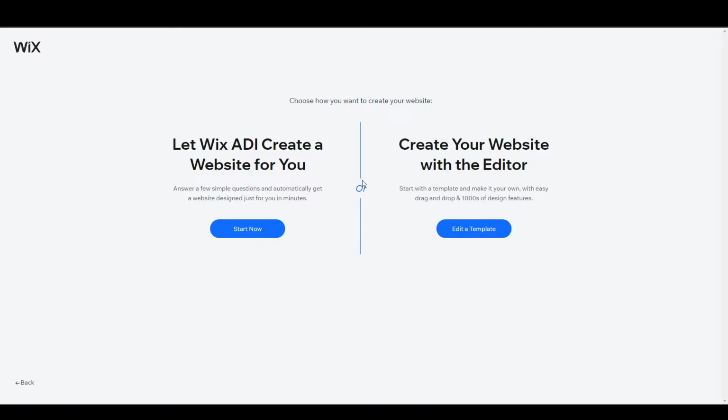and here it will give us two options for how you want to create your website. The first one is to let Wix create a website for you. It is like an automated process which will simply create a website for you in just a few minutes. You don't need to choose a template, you don't need to set up the things. It will basically automatically set up everything for you. But if you want to make your design look the way you want, you should choose the second option. Here you can choose a template from thousands of designs and make it your own as you want. So let's click here, edit a template,